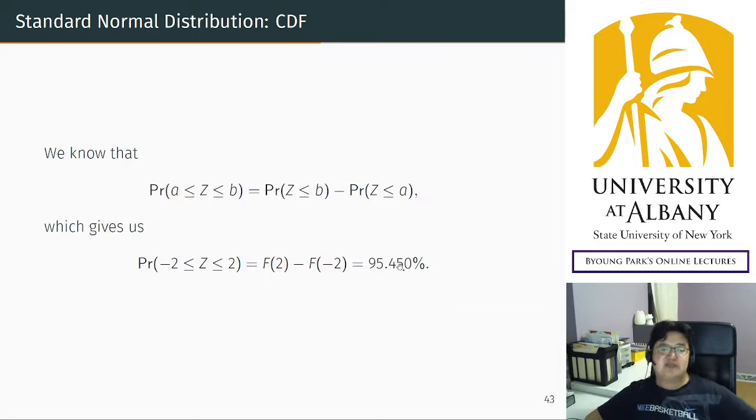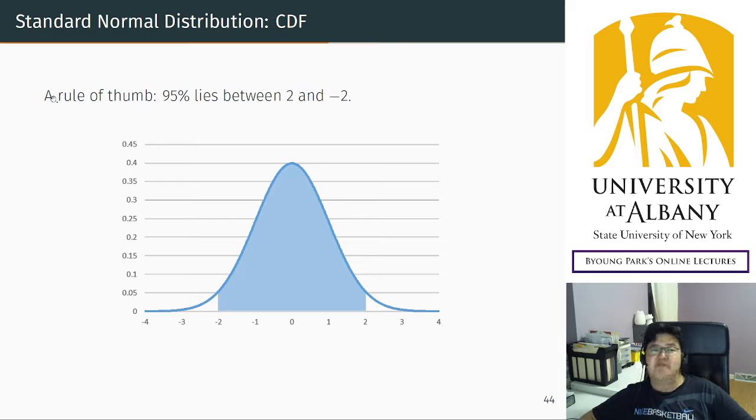So this is a very commonly used number, because this is a simple number and also a commonly used number. This is a rule of thumb for the standard normal distribution. Earlier I said the standard normal distribution has most of its probability between plus minus 4, right? But that's not